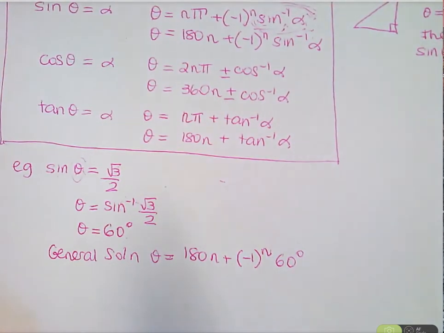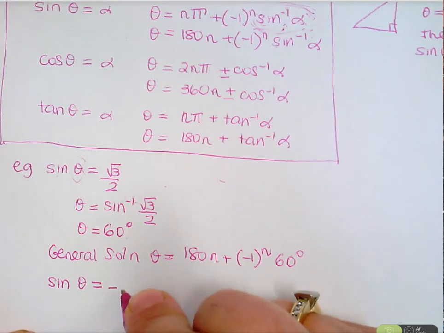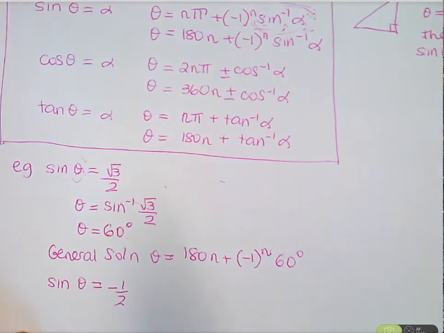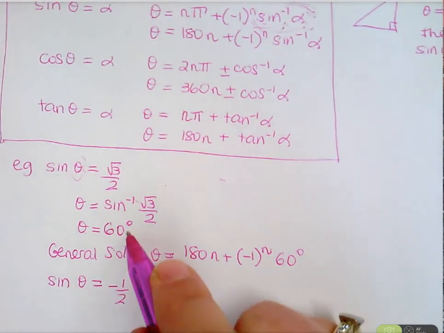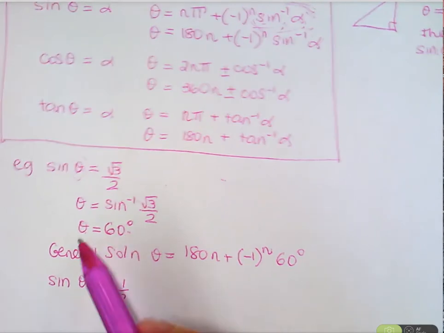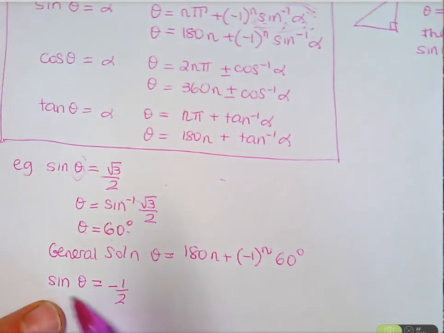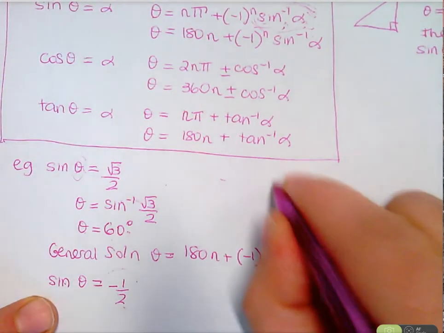Then we're going to look at the negative type. Let's say I gave you sine theta is -1/2. Now, the definition is that this angle has to be an acute angle. Sometimes this angle's positive, sometimes it's negative. Now, this is not a quadrant 1 answer. Sine of something in quadrant 1 will never give you a negative half. It has to be quadrant 4, because all stations to central,